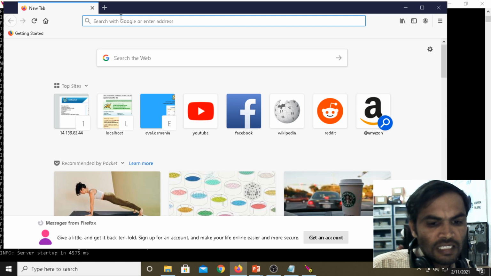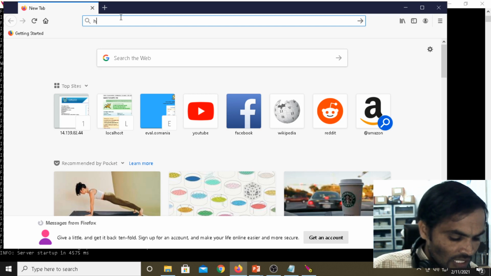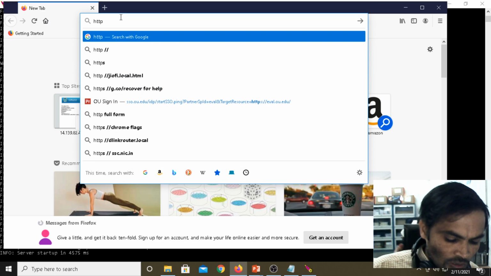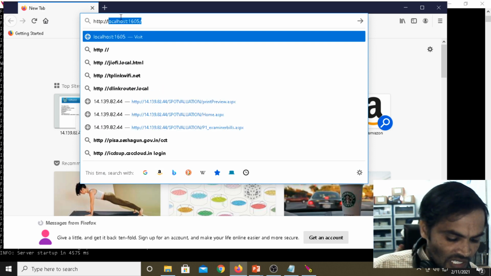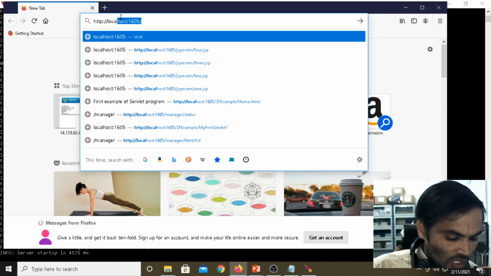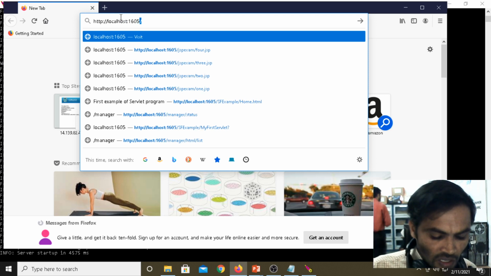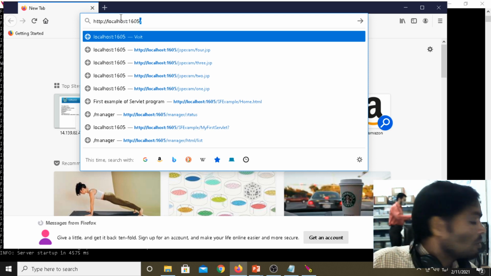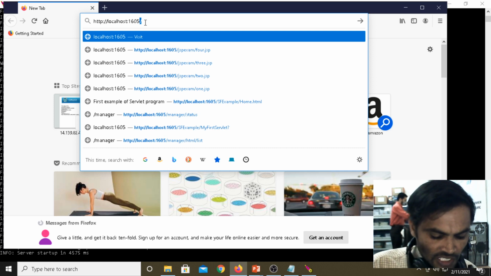I am using the Firefox browser. With the help of the Firefox browser, I am communicating with the server with the help of the HTTP protocol. Now localhost port number 1605.